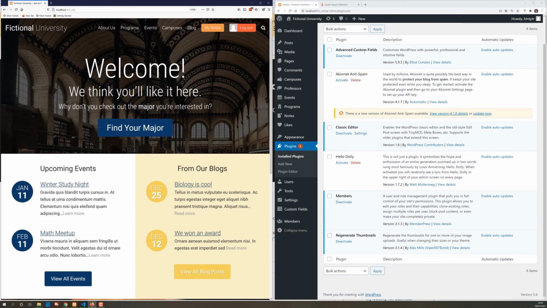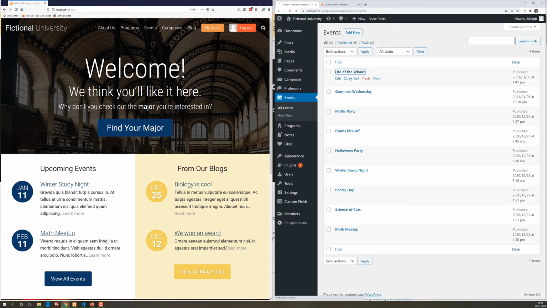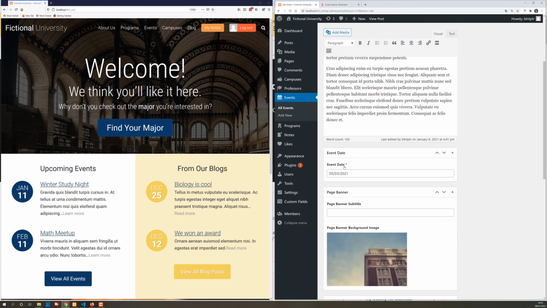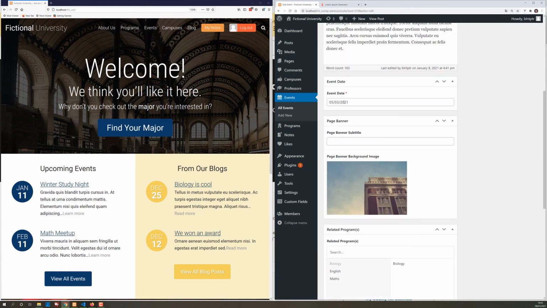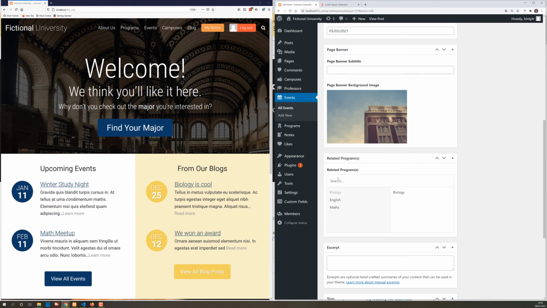And the advanced custom fields, like you've seen on the events, these fields like the event date and related programs are not available out of the box. These custom fields are how you can create custom data, or how you can relate one post type to another, like we're relating the events to programs here. Now you can of course code it, but this is just a very reliable plugin. It would be a very meticulous job to do it by code. So in these cases we can just make use of a few very handy plugins.